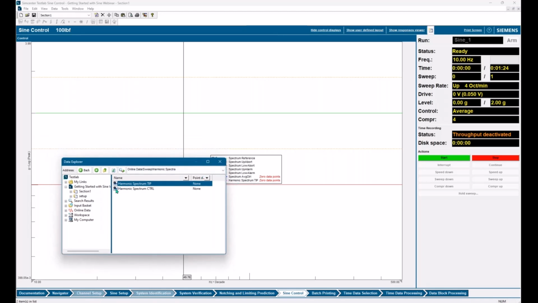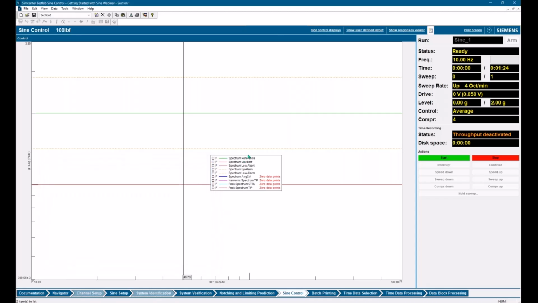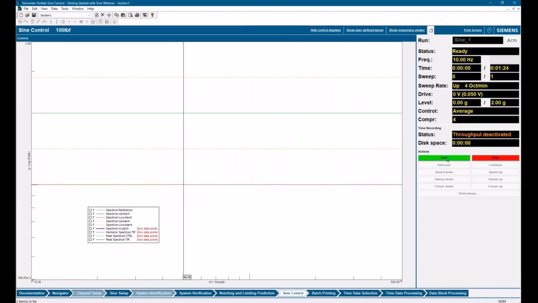Average control is going to match my harmonic spectrum for control, so I'm not going to bother having two traces there. But now I'm also going to put in the peak spectra as well, so we can look at that. So I'll pull in the control and tip peak spectra. Now I'm ready to go.